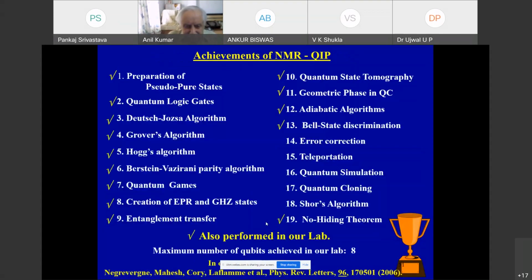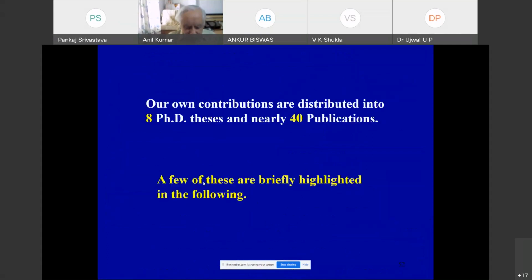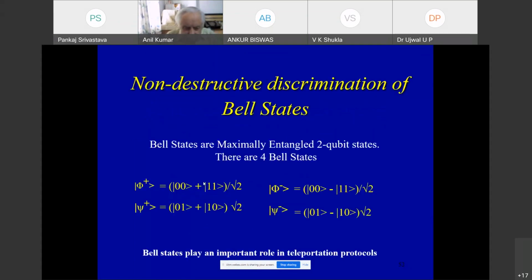So, achievements of NMR QIP. There are many achievements, and I don't want to spend time on this slide. Our own contributions are distributed over PhDs and nearly 40 publications. I will briefly highlight some of these contributions. One is